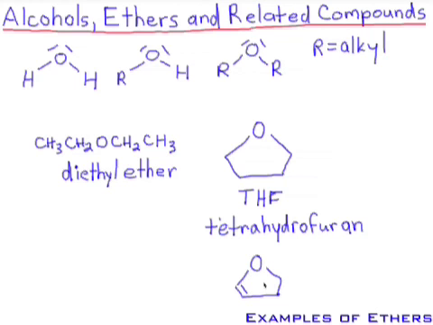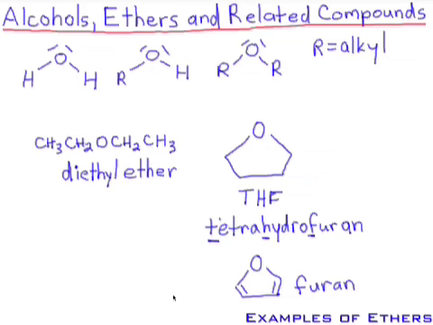This molecule right here is furan. And furan requires 4 hydrogens to become fully saturated in the pi bond area. There are 2 pi bonds which need an H2 gas each to get rid of them, and that's 4 hydrogens, hence the name